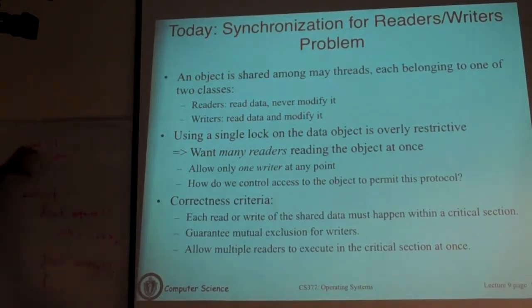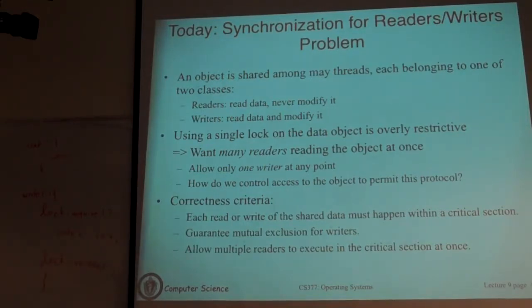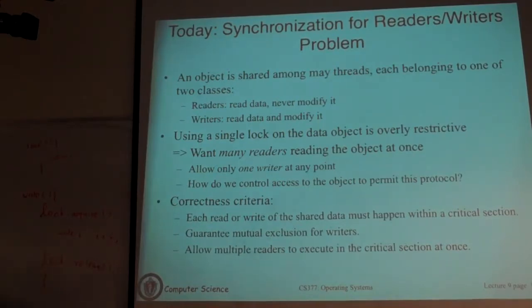Okay? If the read method simply says return I, and you only have a lock in the write method, are we guaranteeing mutual exclusion for writers? Because what did I say? If a writer is writing, everyone is blocked, not just other writers. The reader is blocked, the writer is blocked. So if there's a write thread in the middle of doing something, then the read thread comes along and asks for the value of I, it is not going to block, because this is the code for the reader. So it does not satisfy that.